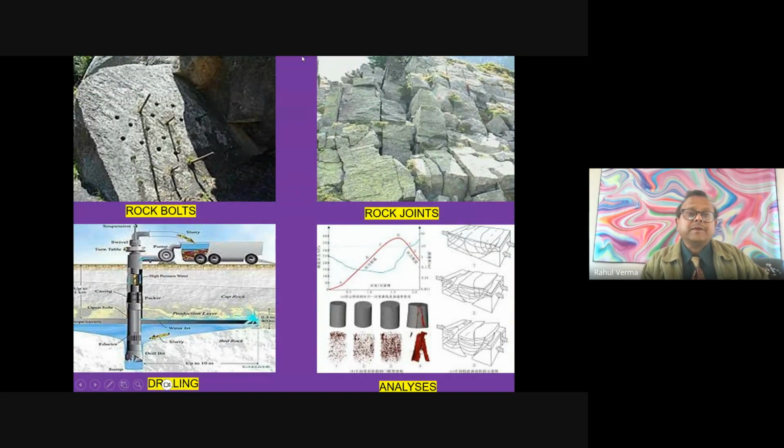Now here you see some operations on rock. You can see they are putting in rock bolts. Here you can see a lot of joints in the rock, so they will perform their studies and see how these joints develop and how they are going to affect it. Now you can see the slope is toward this side, so it is a high risk.